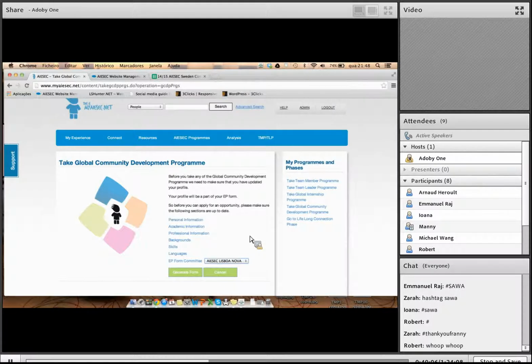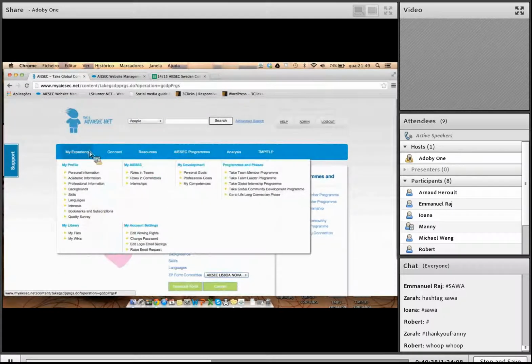Okay. Okay, so what happens next? So once your EP has filled in all the information, he selects generate form. So I'm not going to do this right now because that would mean I would be doing a race, okay? But once that EP generates form, they're going to receive their EP code. So for those of you who have seen an EP code before, it goes something like, let me get an example. I can get you my own